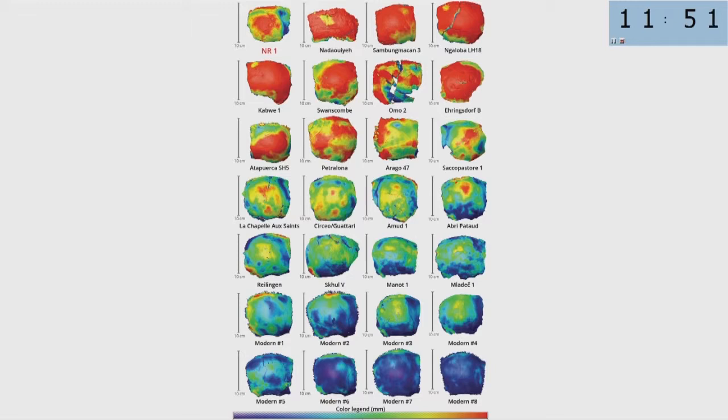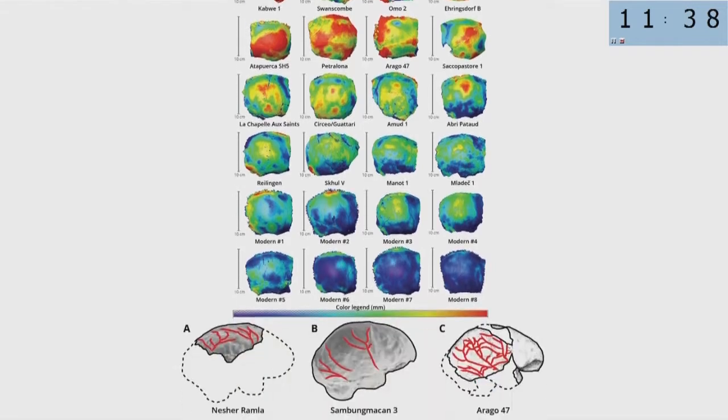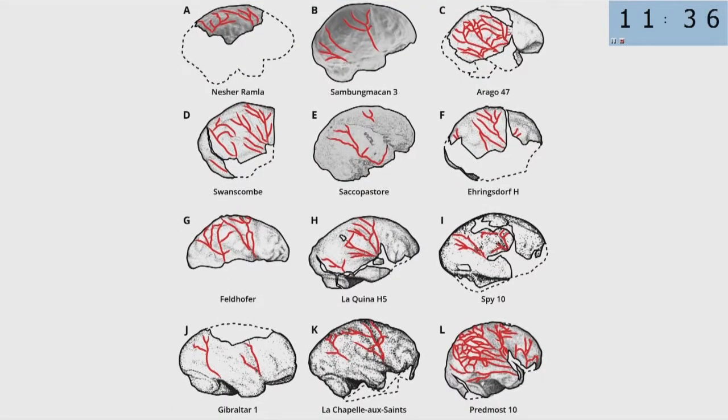It's not even a Neanderthal, because Neanderthals have much thinner cranial bones than Nesher Ramle. It is more like the Homo erectus, late Homo heidelbergensis, as I said, middle Pleistocene Homo. Now, if we go to